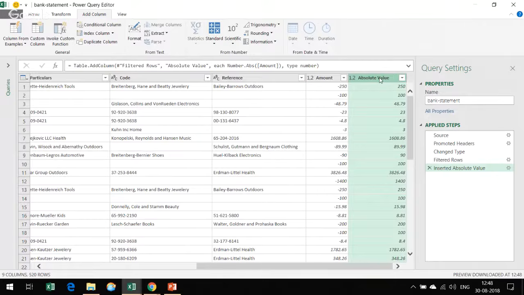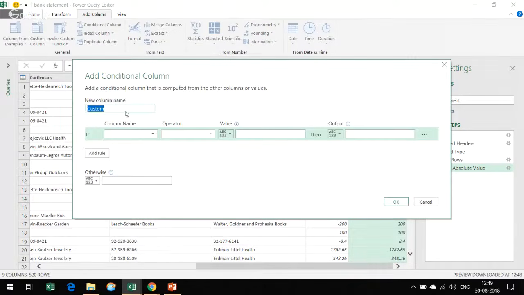Now, based on this, we would like to categorize the amount, whether it is between 0 and 15, or 15 and 100, or 100 or more. This is what we call a conditional column. That means the value in that column, the category, is a condition based on this number. So select this and then say conditional column. Again, we are adding a column and we can give a condition. So this conditional column name shall be category, and the column name absolute value is less than